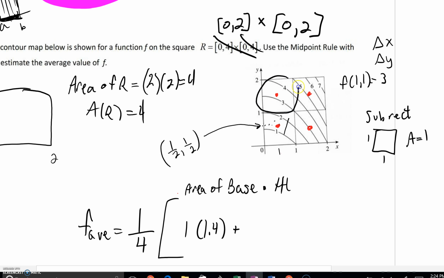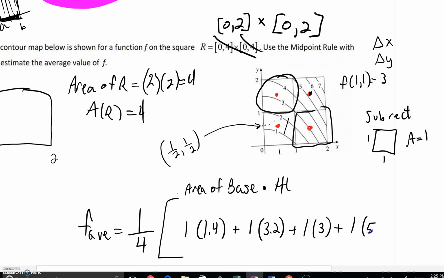Let's come up here. Again, we're going to have a base, area of the base is 1. In parentheses, we'll have our height, maybe about 3.2, perhaps, something like that, or 3.3. You could go either route. Let's come back down here. For this one in the bottom, maybe this is the easiest one. Maybe this would be a 3. And then finally, with an area of the base of 1, up here we might say that this could be perhaps a 5.2,